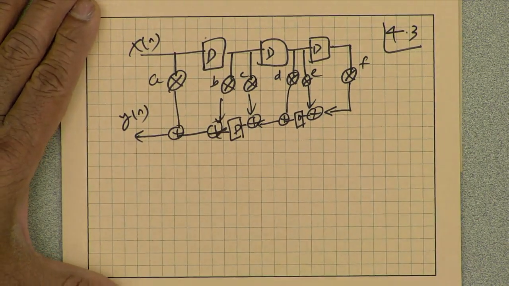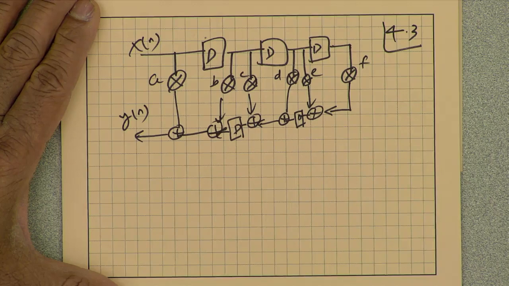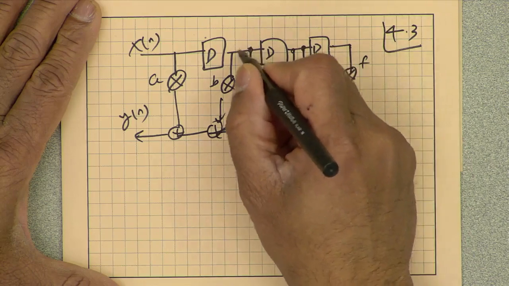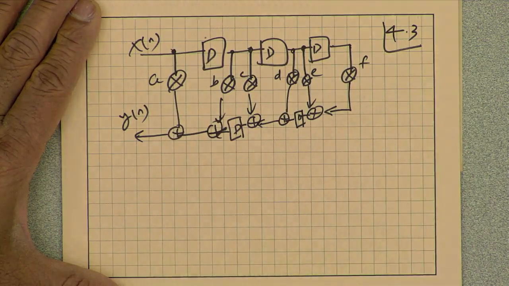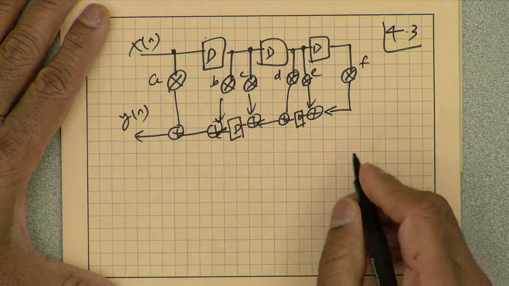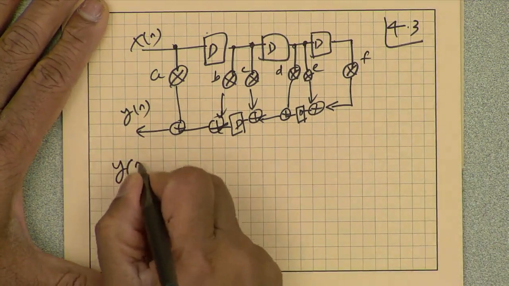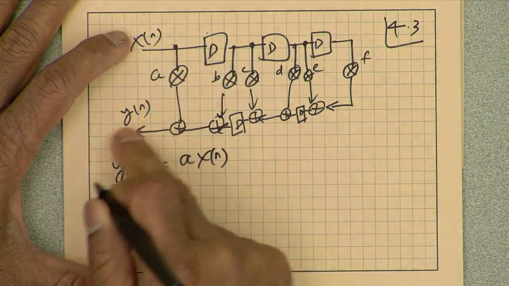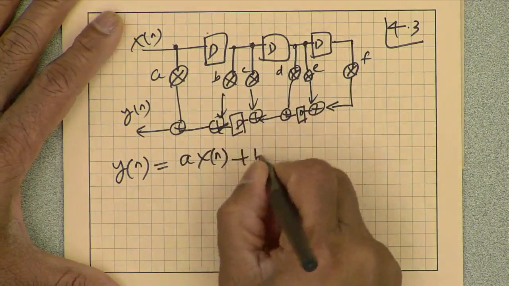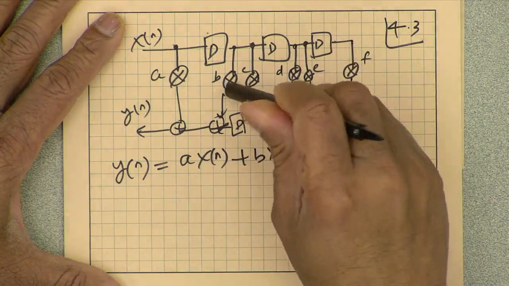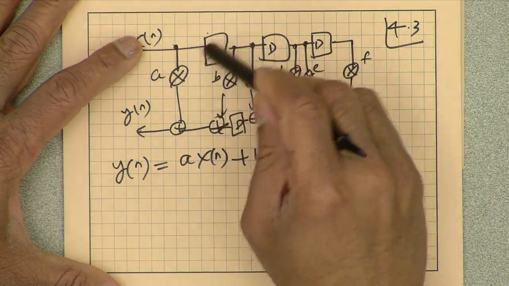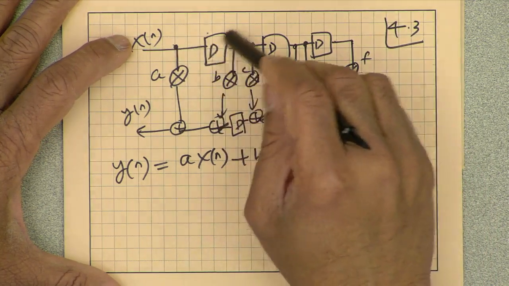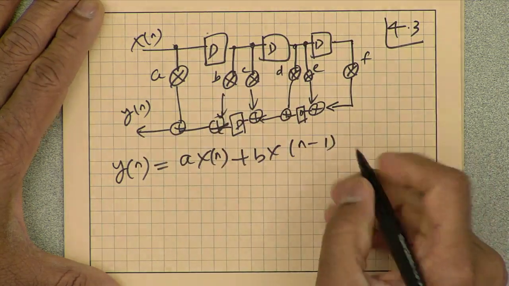So, unlike direct form and transpose form, this particular flow graph has some delays on the top path and some delays on the bottom path. So, if I write down the time domain difference equation, yn is going to be a times xn without any delays plus b times xn minus 1. So, b times xn with 1 delay, b times xn minus 1. What about c? Well, c times xn delayed by 1 and goes to the output with another delay.